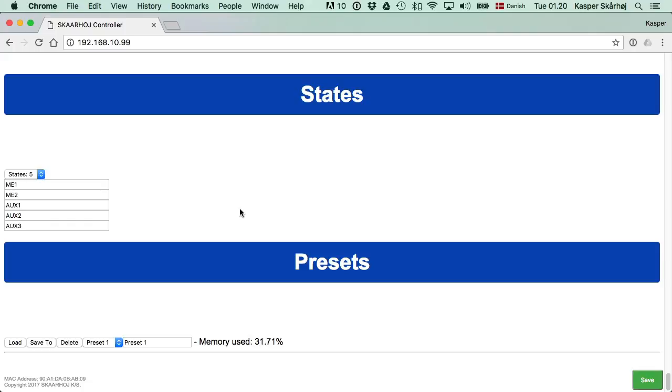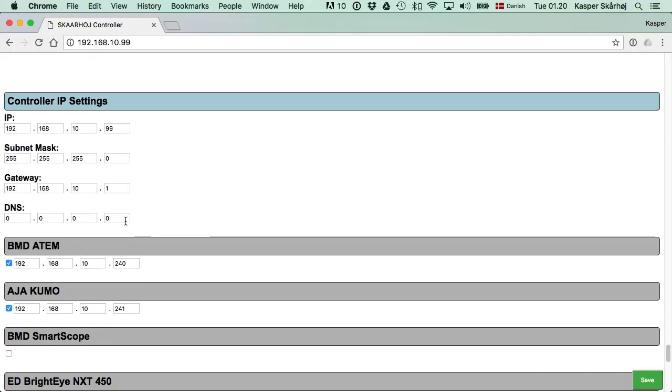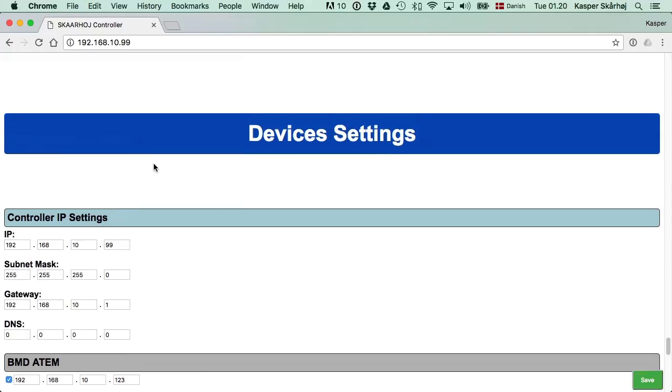One of the advantages of doing this is we can store presets. And what if I select new and name a preset 2? And well, I could also change something. So let's change the IP address of the devices I'm connecting to. So 1, 2, 3. And 3, 2. I could also